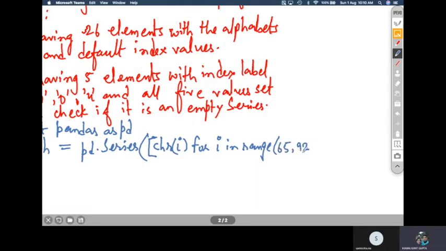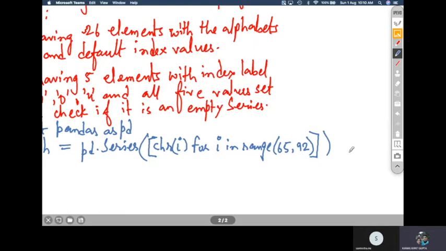That makes 91. Up to 91 it will go on, and it will generate the ASCII code for all these values, and I am going to convert this ASCII code into the corresponding character using chr(i). So this is a list comprehension. I can just apply the list comprehension over here, and that will give us a series.